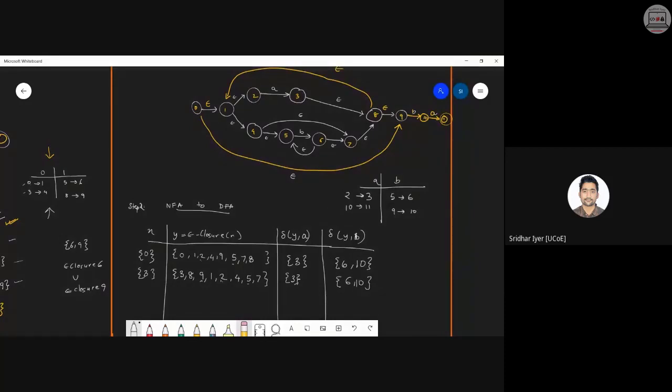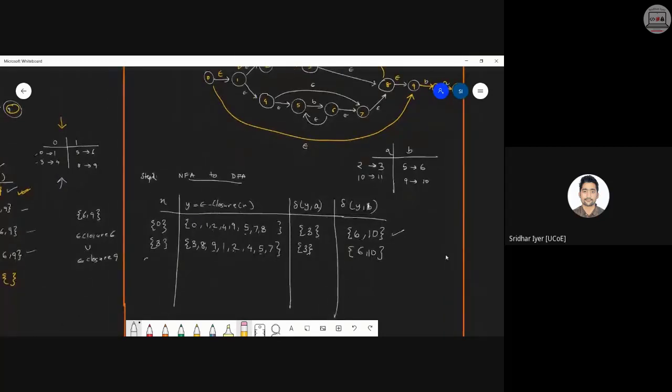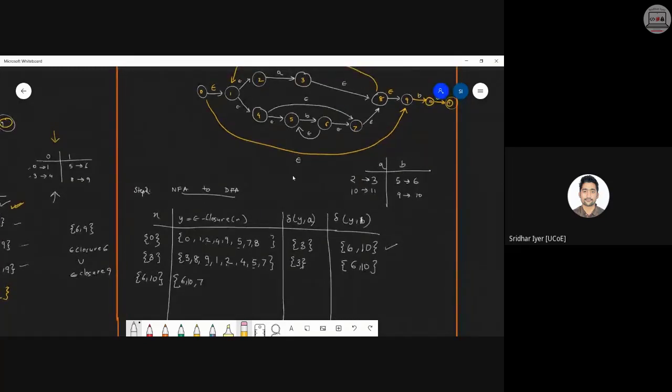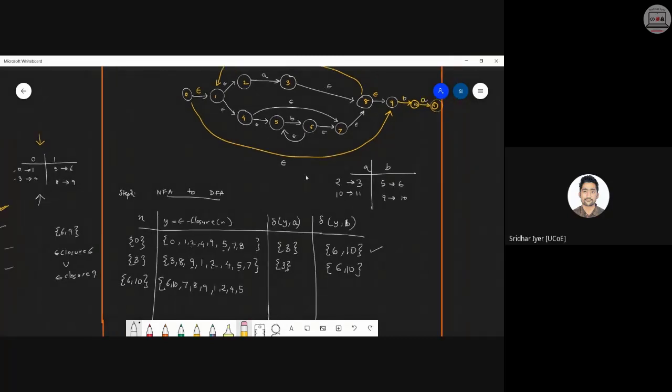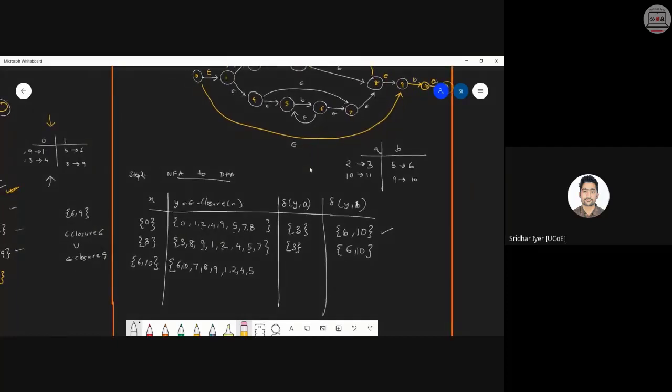So what we can do is we can consider the last remaining value, which is 6 comma 10. To consider that 6 comma 10 set over here, first write 6 comma 10 because they are going to be present inside the epsilon closure. Now from 6 we can go to 7. From 7 we can go to 8. From 8 we can go to 9. From 8 to 1 and again the entire cycle repeats. 1 to 2, 1 to 4, 4 to 5, 4 to 7. 7 is already covered, so no need. And rest left is 10. So 10 doesn't have any epsilon closures, so I can close it over here.